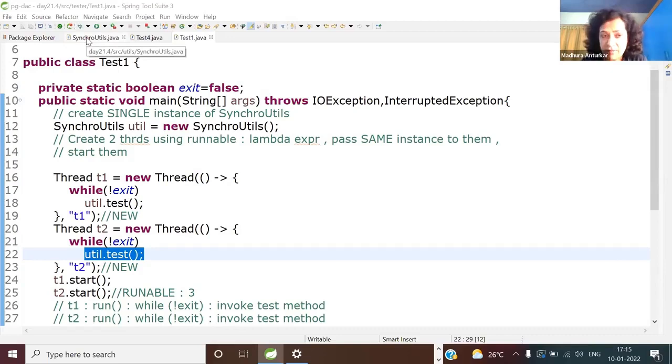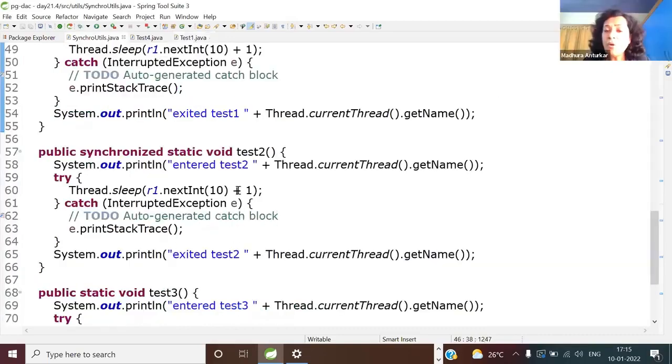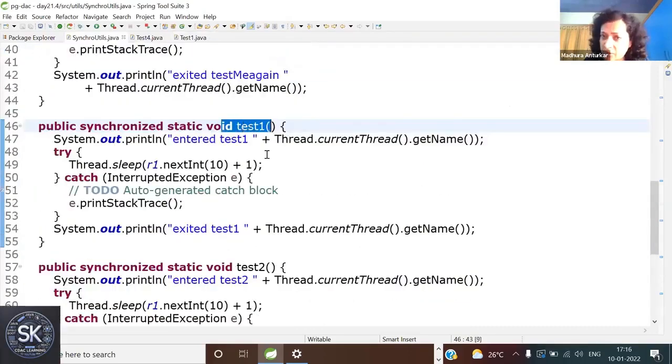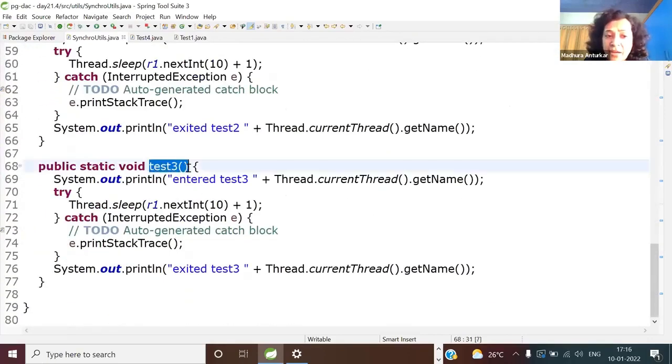You understood how to test. Now do the same thing: in one thread call synchroutils.test1, static synchronized, and in another thread call synchroutils.test3. Will they block each other? In short, synchronized output or unsynchronized output?